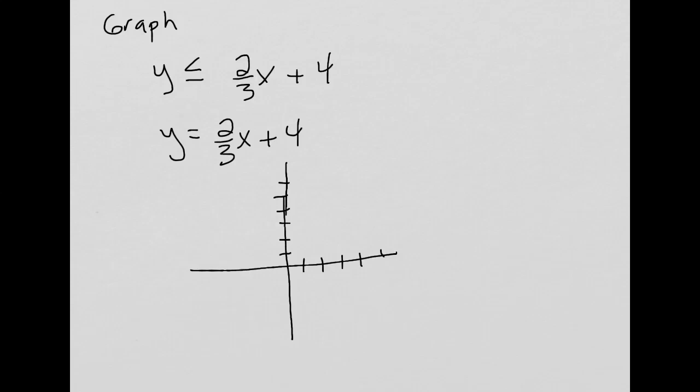Okay, so here we go. If we plot out the line, we're starting at a y-intercept of 4. So I'm going to go up 4 on the y-axis. And then the slope is telling me to go up 2 over 3. So if I do that, up 2 over 3 takes me to about here. And then if I just plot the line through those 2 points,